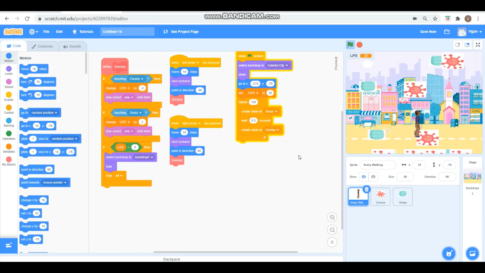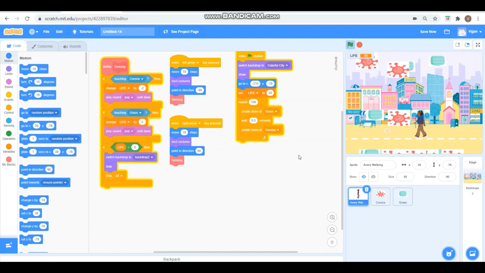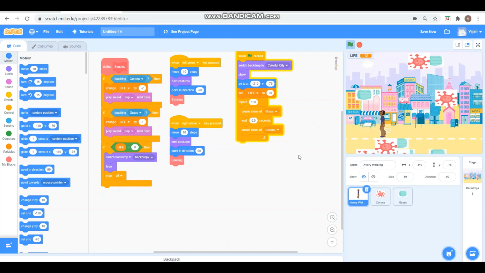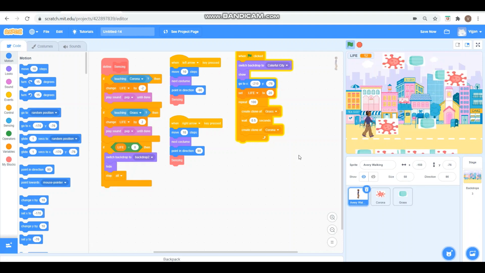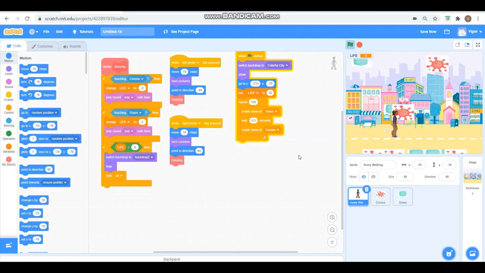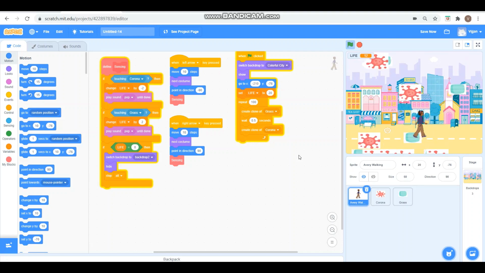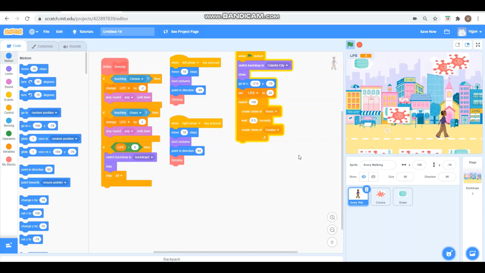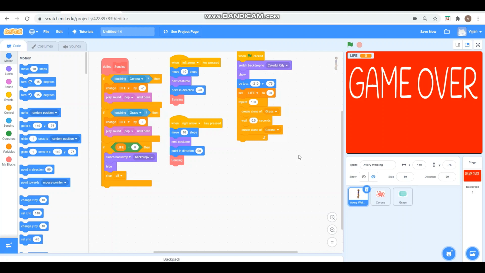So whenever it is touching coronavirus, the points are decreasing, and whenever it is touching the mask, the points are increasing. And if it is 0, the game is over.